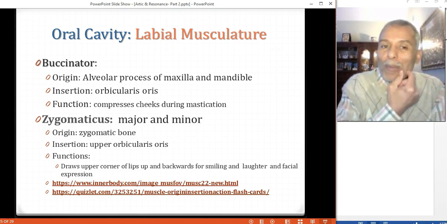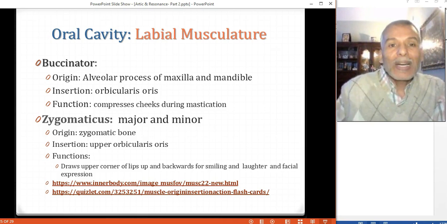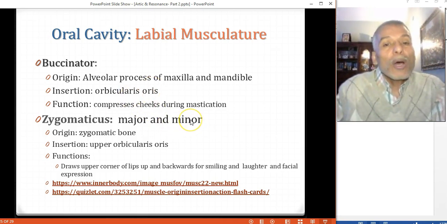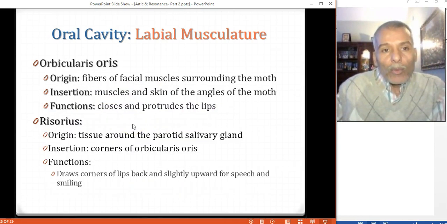It doesn't fall in the buccal cavities, because if it does, it will cause a lot of problems, including dental decay and also smell and hygiene problems. And you don't want that to happen. Then we have the